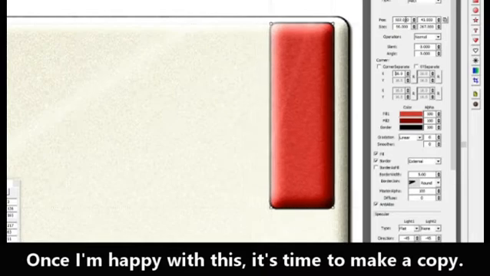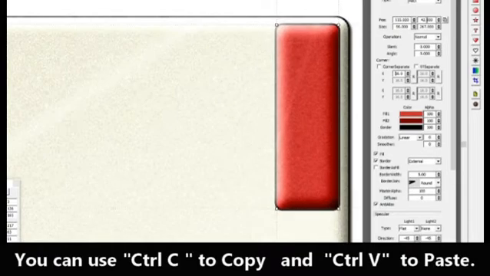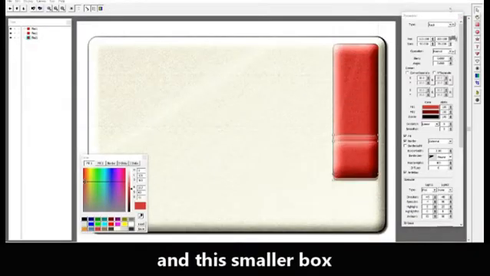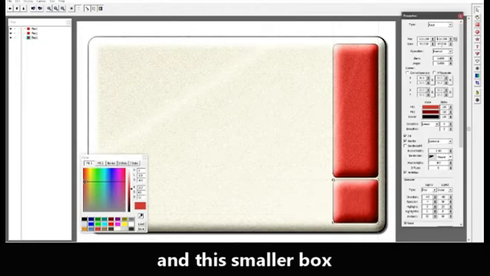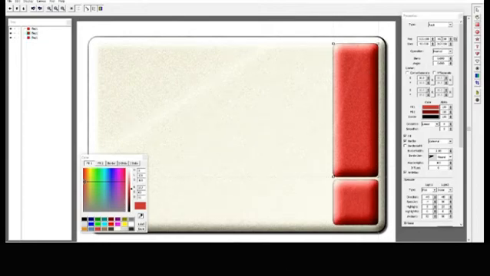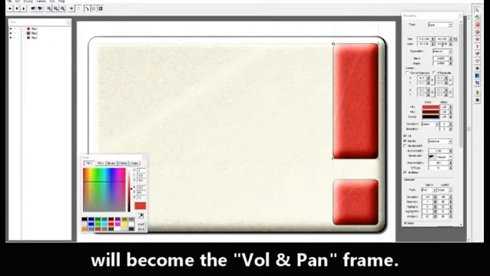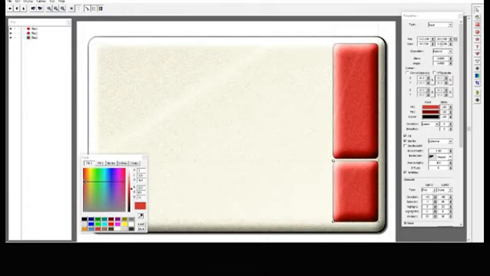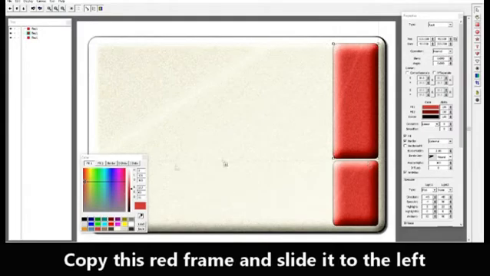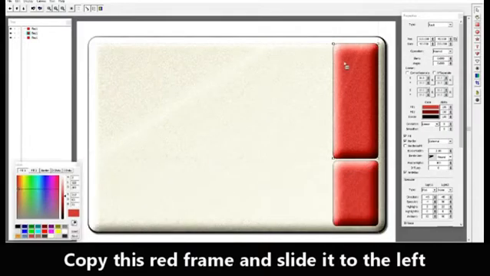And then when I'm happy with that, I need to do a copy of this and make a separate box below. So copy and paste, drag it down, and this needs space for 2 dials. It's got to have down at the bottom right hand corner, that will be a volume control and a pan control. So let's move them around, make some space, copy,